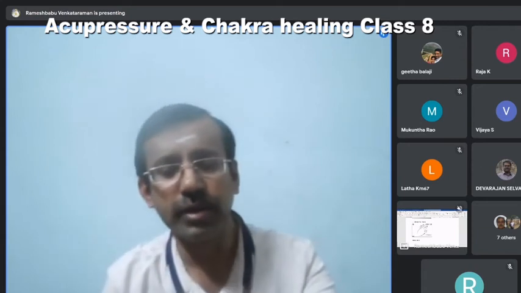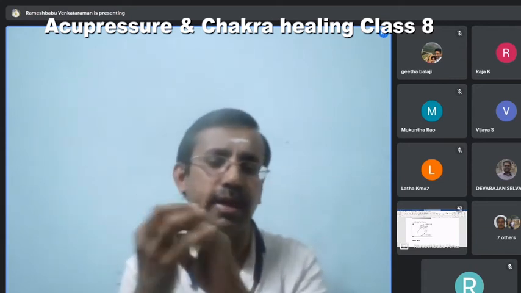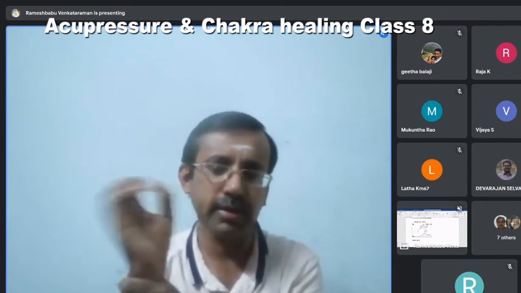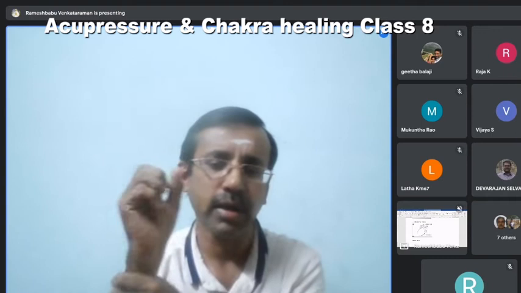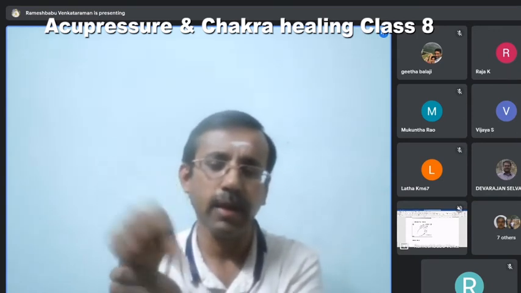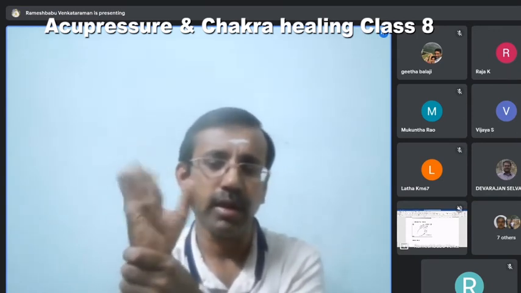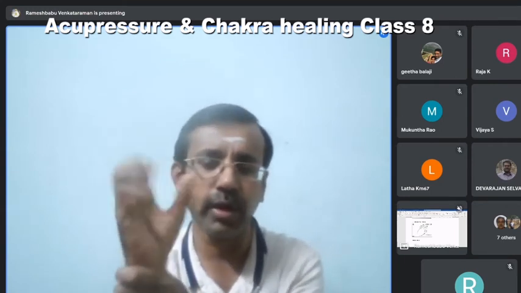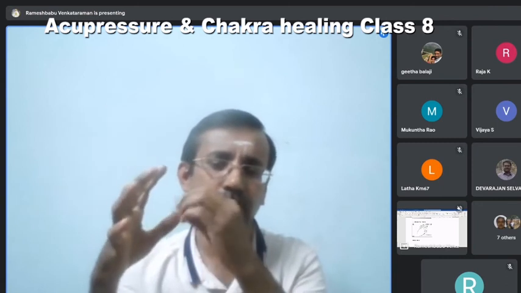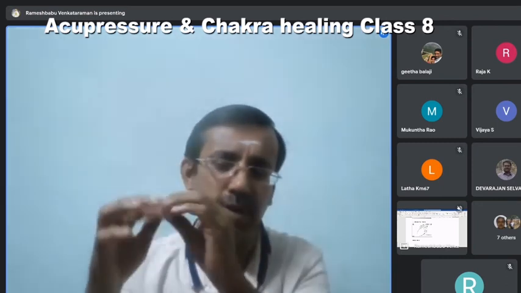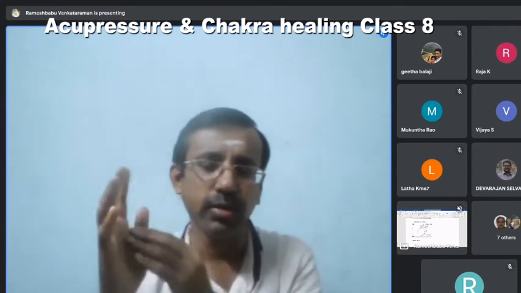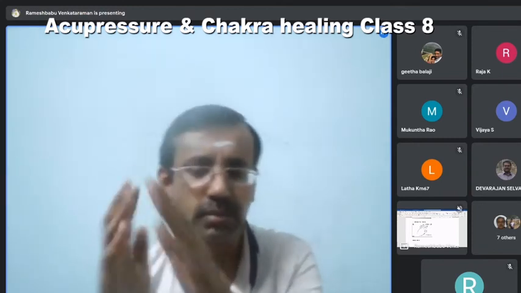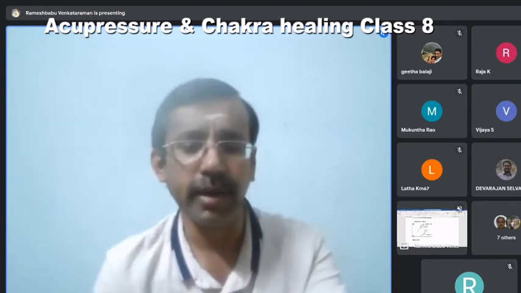In general, I will show you in the next one that, as I told you earlier, even without knowing acupuncture, when you rotate all the joints, it gives you more energy. Similarly, there are so many acupuncture points here. We'll see those things. And by now, if you have read, you know that all these points end here. These are all jingle bell points. So LI1 is a very, very important point.